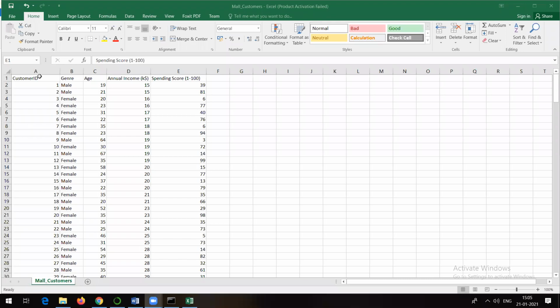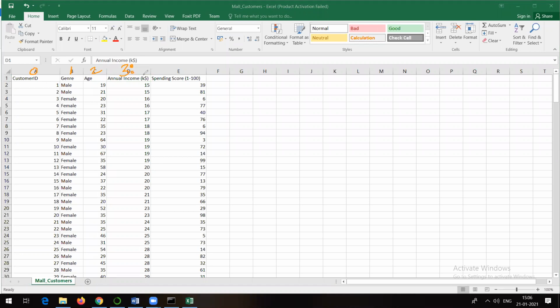So customer ID, gender, age, this is not going to be important for us. So our focus will be on this one. So what we are doing, just try to understand, is that we are not considering the features which are not necessary. So this is 0, this is 1, this is 2, and this is 3.